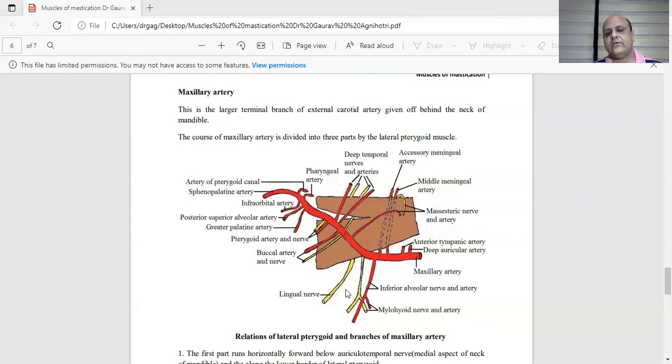So this region can be described in terms of the lateral pterygoid muscle. The infratemporal fossa is usually described in relation to the lateral pterygoid muscle, and that is why it is known as the key muscle of this region. So I hope you can appreciate the anatomical facts taught to you today.